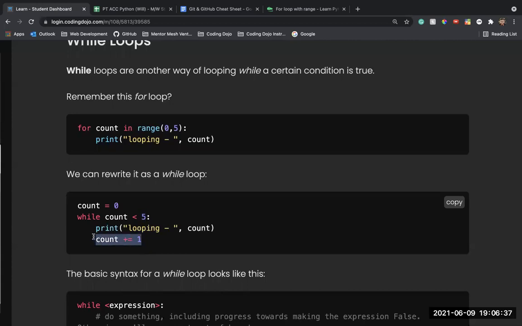If you don't do this, you're going to put your computer in an infinity loop, right? Because this while loop will continue to run as long as this condition is true. But if you never change the condition, this condition will always be true. Therefore, it will always print this, and your computer will just keep going and keep going and keep going until you hit Stack Overflow, or your computer just freezes and stops.